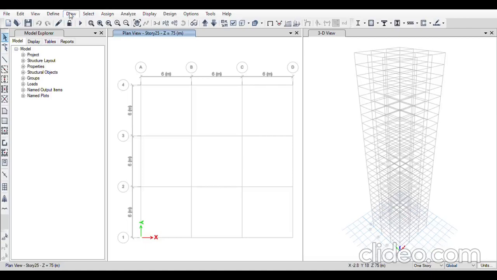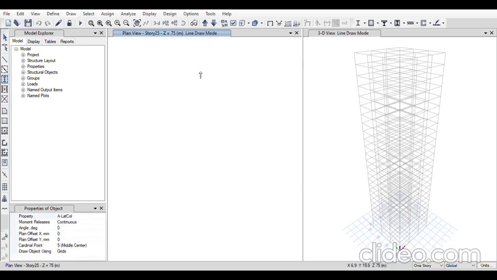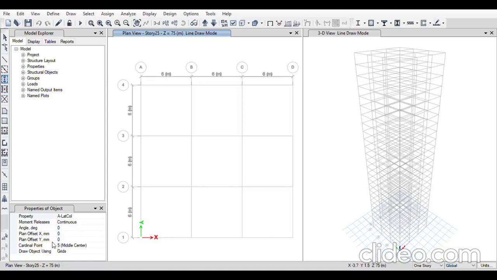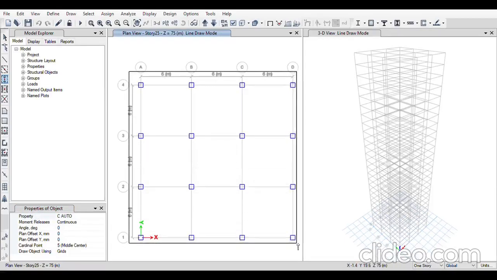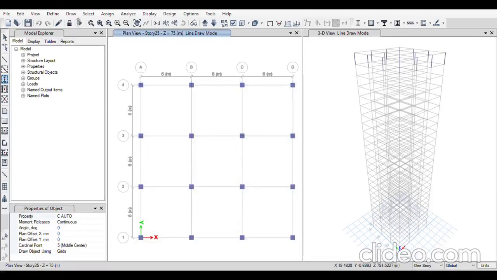I'll go to draw beams and columns. I'll take quick draw columns because all my columns are on the grid line, grid intersections. I'll change the property to column auto, in which I have all the columns defined, and I'll select all the columns, and all the columns have been assigned.